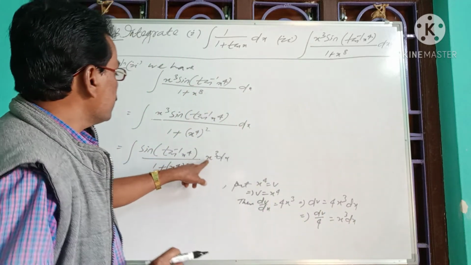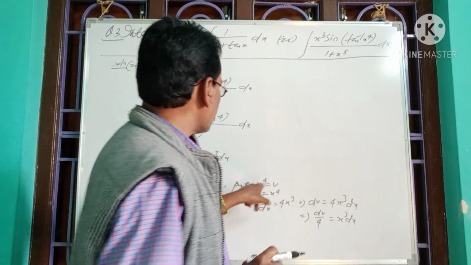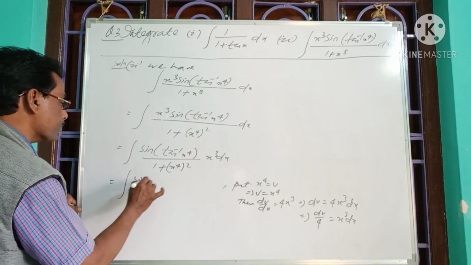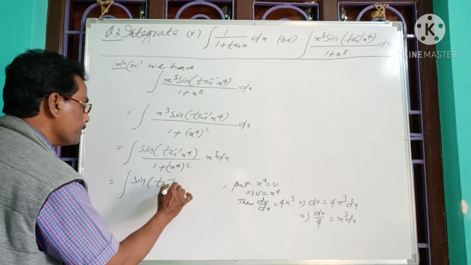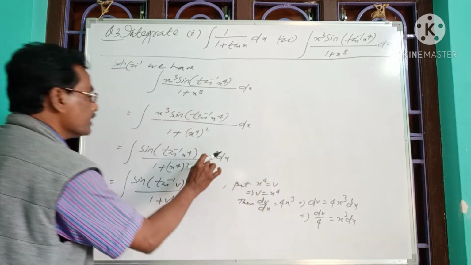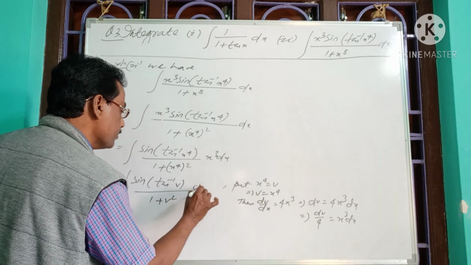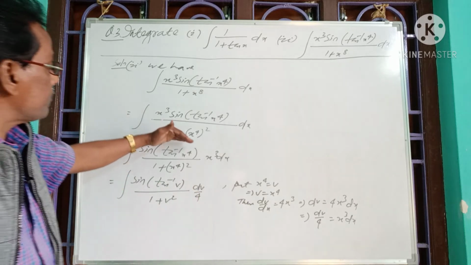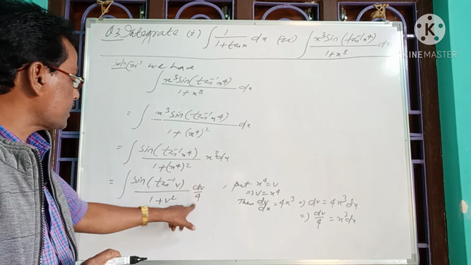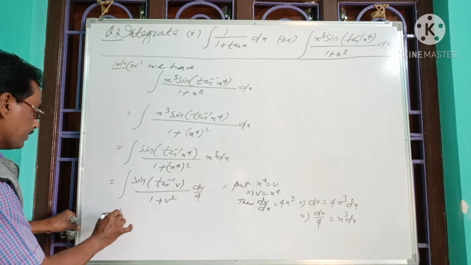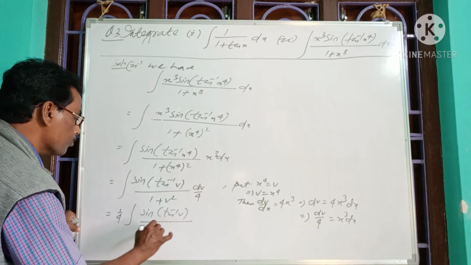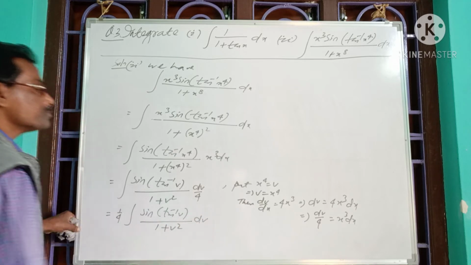So now see we have x cube dx and we substitute x to the power 4 as v. So replacing v and x cube dx in the function, we have integration of sine of tan inverse of v by 1 plus v square. In place of x to the power 4 we have substituted v, then x cube dx will give us dv by 4. So now here the original function of x transforms into function of v, where v is the variable of integration and 4 is the constant that can be taken out of the integral, that is 1 by 4 integration of sine of tan inverse v by 1 plus v square with respect to v.